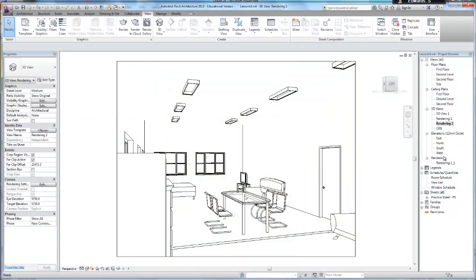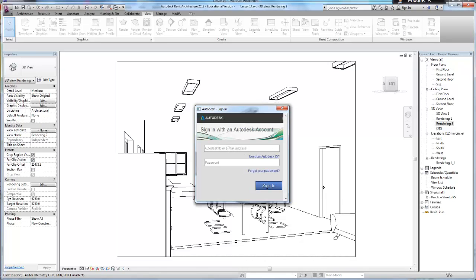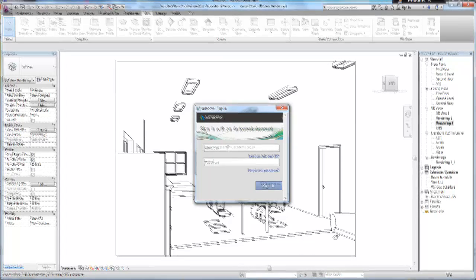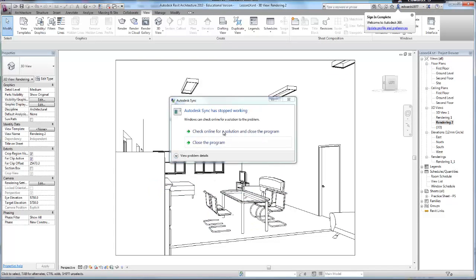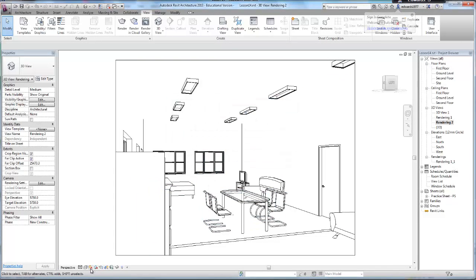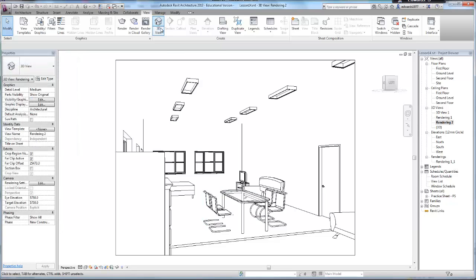Okay, now we're going to look at rendering in the cloud. So I'm going to open up rendering 2. The first thing I need to do is sign in to my Autodesk account. So I'm going to click on sign in the top menu bar, sign into Autodesk 360, and I'm going to sign in with my username or email and my password. Now, once I'm signed in, I'm going to set my rendering properties, just as I did before. I'm going to set it to best and the lighting to interior artificial only. I don't need to render it from here, and then I'm going to go up to view, render in the